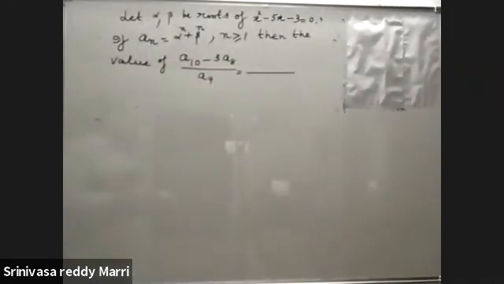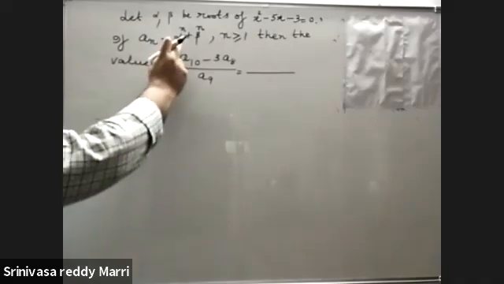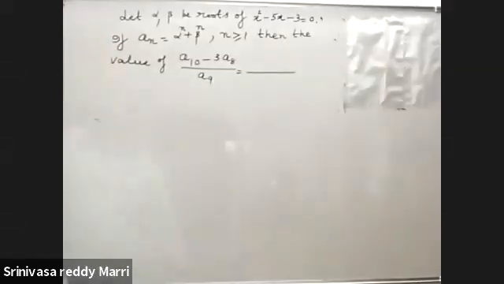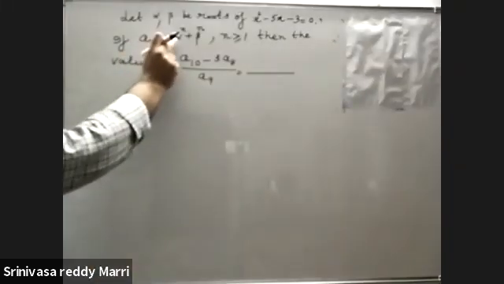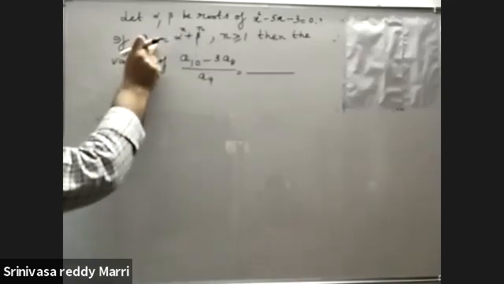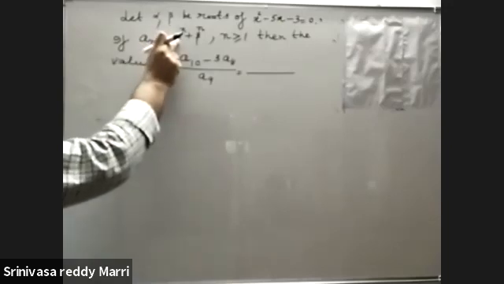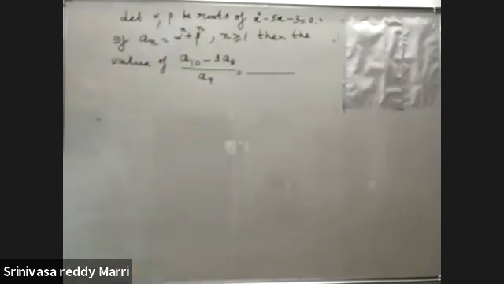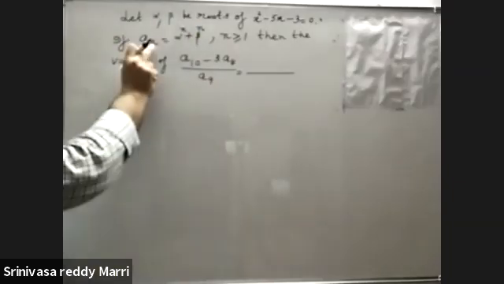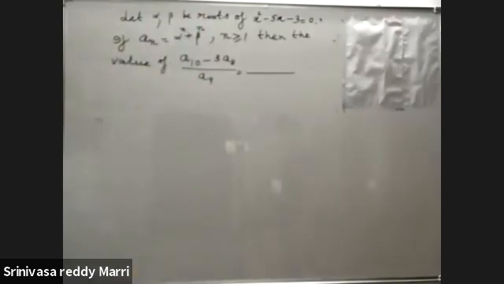This type of problem is given in previous IIT also. Look at them. Alpha, beta are roots given. What he is asking, first have a look. An is given as alpha to the power n plus beta to the power n. This means A1 means put n equal to 1. A1 means alpha to the power 1 plus beta to the power 1. A2 means alpha to the power 2 plus beta to the power 2. Like that, if you substitute n, roots will be raised to the power.